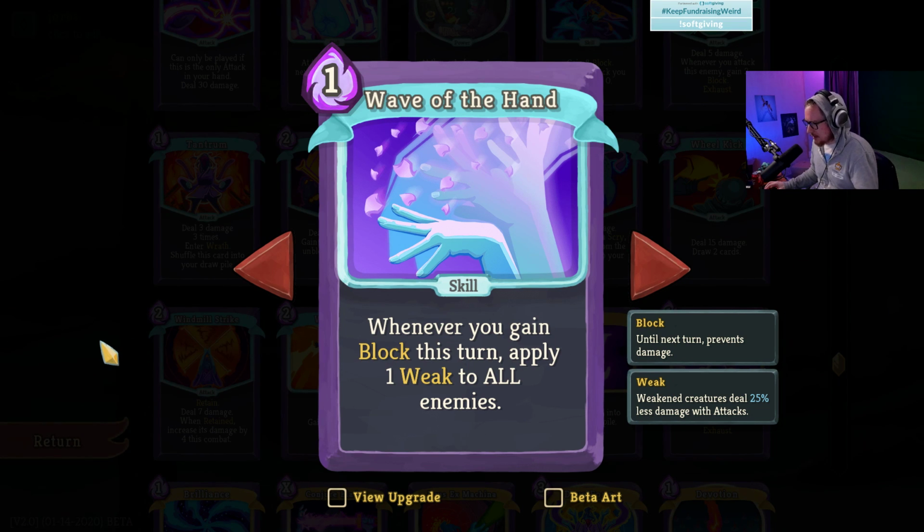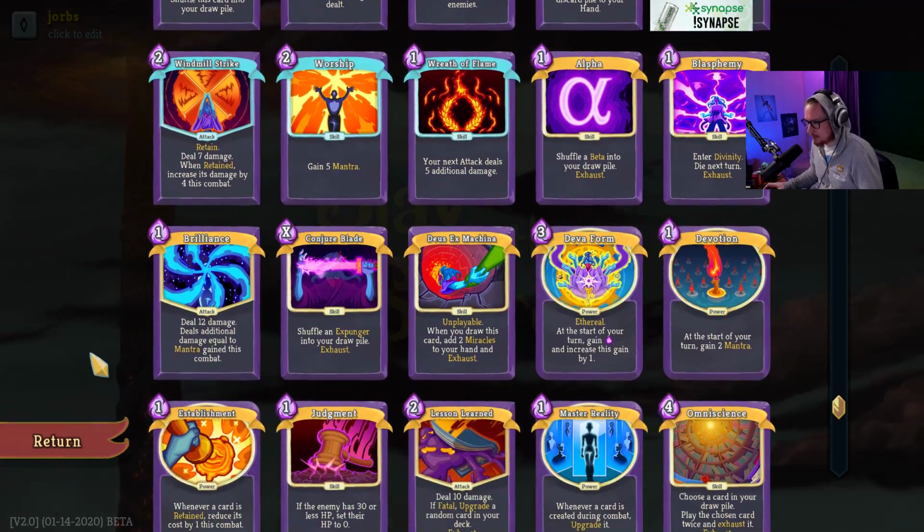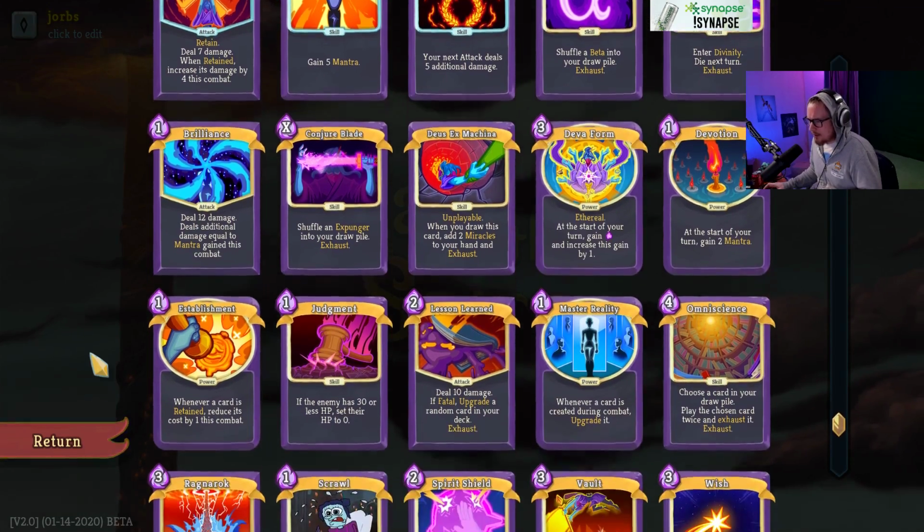It doesn't deal damage, but it does apply Weak in an AoE way, and I think you want one of these cards in every single Watcher run you ever do. I don't think there's a single Watcher run where you don't want one copy of Wave of the Hand. Other than that, though,